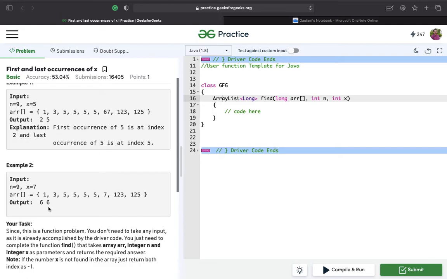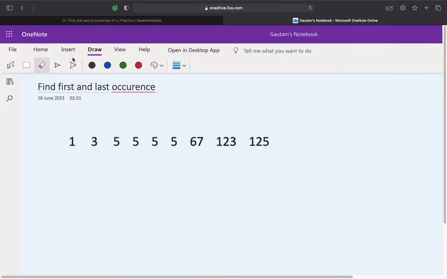So now let's take a look at how we'll be going to solve this question. So this is the array. So one naive solution can be, we'll be doing linear search. So we can start from the left. So to find the first position of the array, we'll be searching from the left of the array. Whenever we found an element, we'll simply return that index.